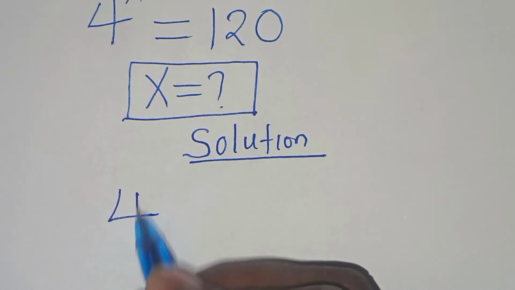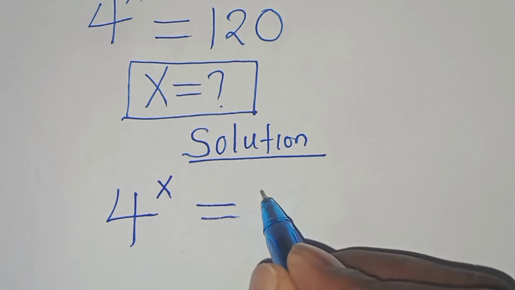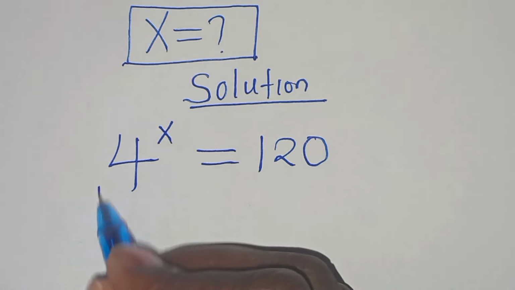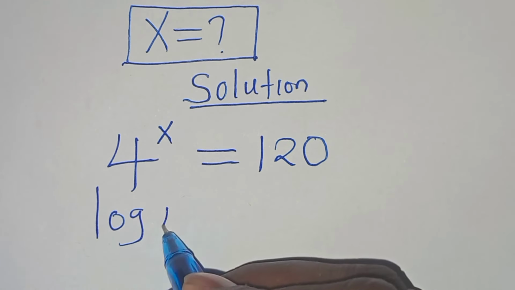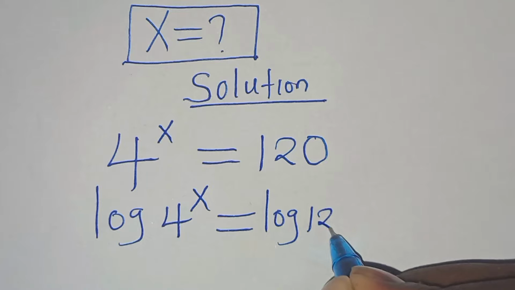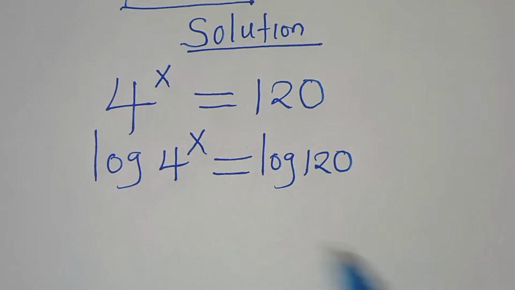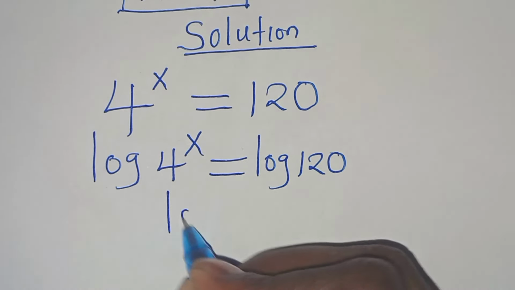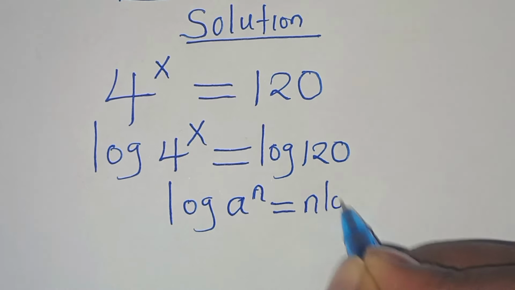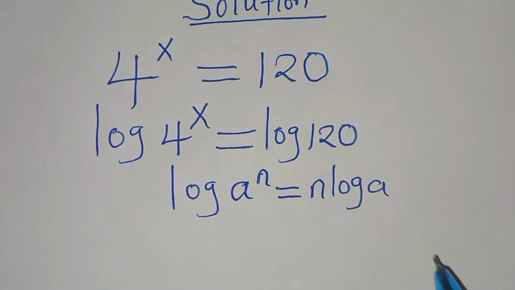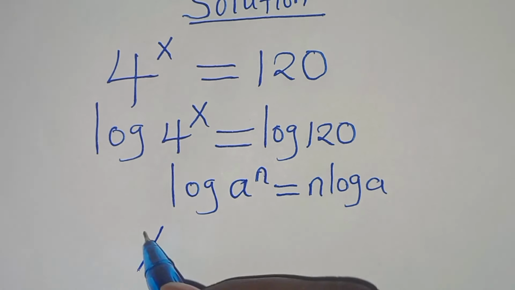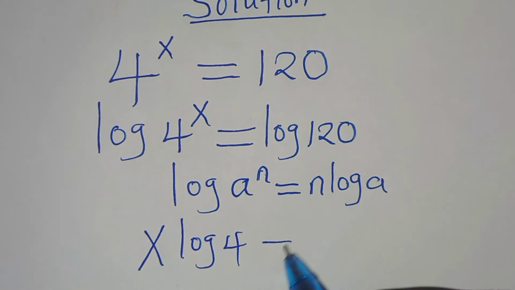So we have 4 to the power of x equal to 120. Now, to solve for x here, we introduce logarithm on both sides so that we have log 4 to the power of x equal to log 120. Now we have that log 4 to the power of x is in the form of log a to the power of n, which we can express as n log a. Now applying this power rule property of logarithm, log 4 to the power of x becomes x log 4, which is equal to log